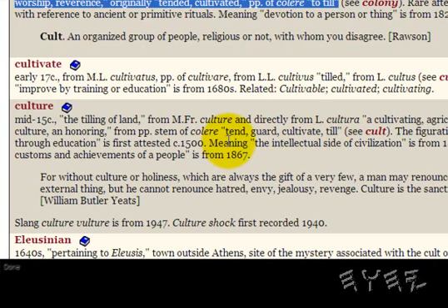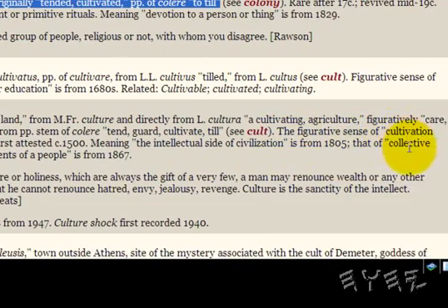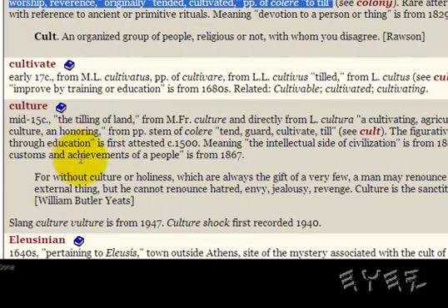It says from the stem of colorare, tend, guard, cultivate, till, see cult. It says see cult again. So all these words are basically the same meaning. It says the figurative sense of cultivation through education is first attested in the 1500s, meaning the intellectual side of civilization. That's why you call it a culture. All right, so